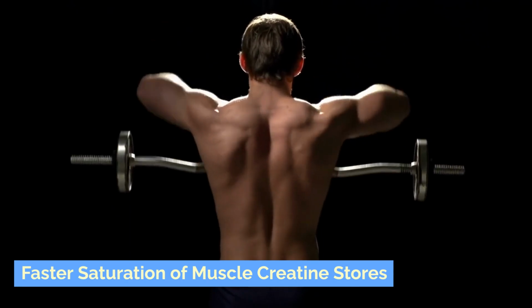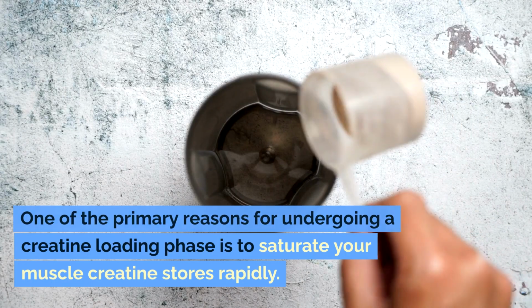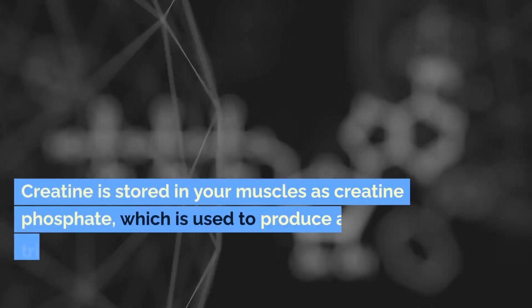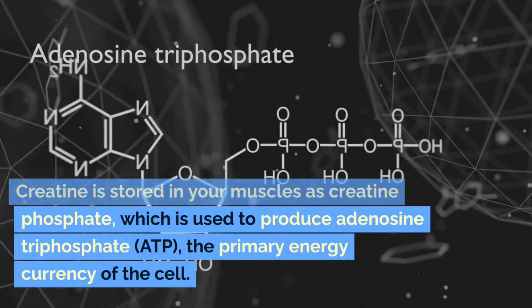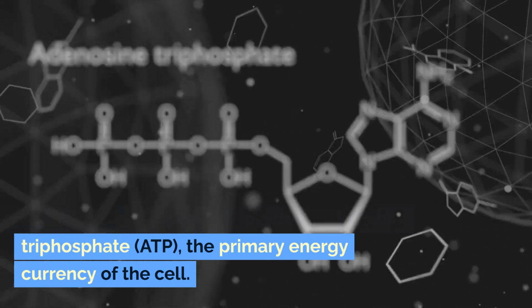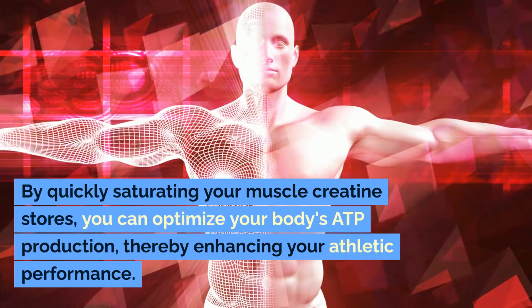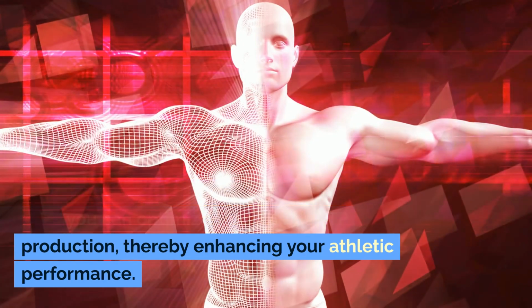Faster saturation of muscle creatine stores. One of the primary reasons for undergoing a creatine loading phase is to saturate your muscle creatine stores rapidly. Creatine is stored in your muscles as creatine phosphate, which is used to produce adenosine triphosphate, ATP, the primary energy currency of the cell. By quickly saturating your muscle creatine stores, you can optimize your body's ATP production, thereby enhancing